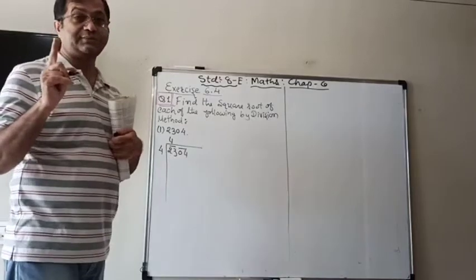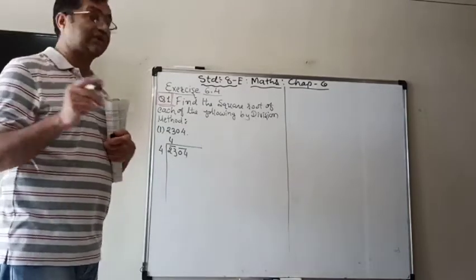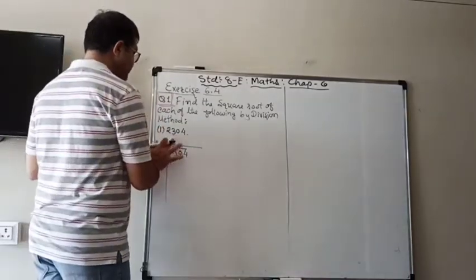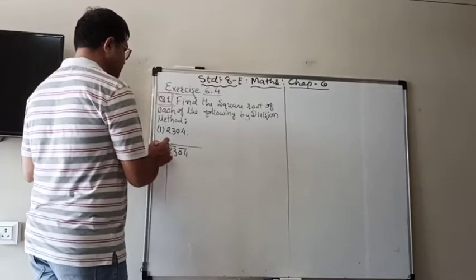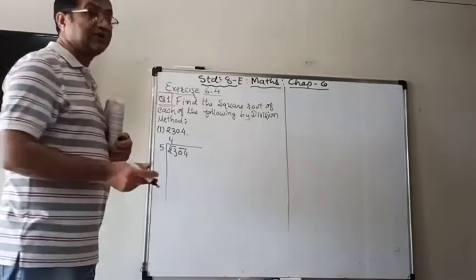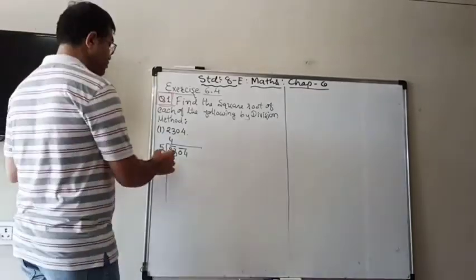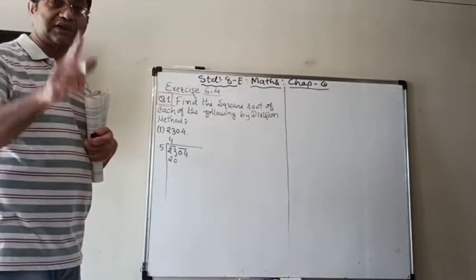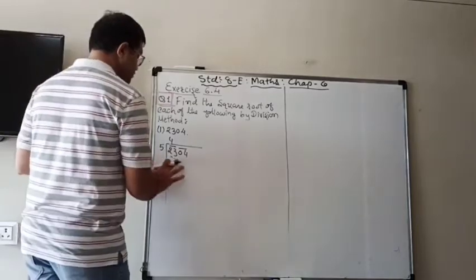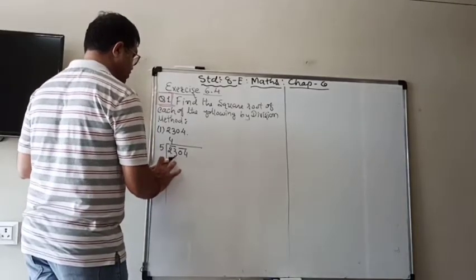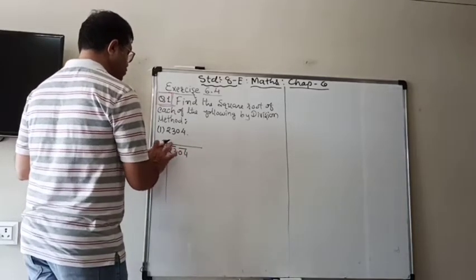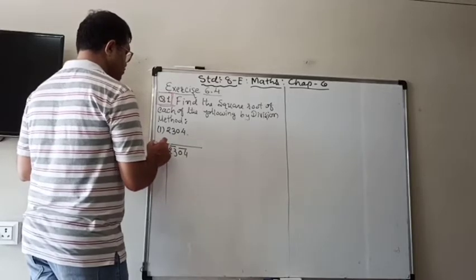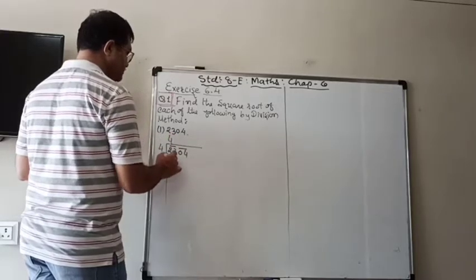Remember that sometimes students make a mistake like that. They think that 5 5s are 25 is not possible, so let's take 5 4s. Then they do it like that, 5 4s are 20, because 20 is not greater than 23. But that is the mistake. You have to remember that whatever number you take, you have to multiply with the same number. So you can't take 5 4s. So you have to take 4 4s are 16.